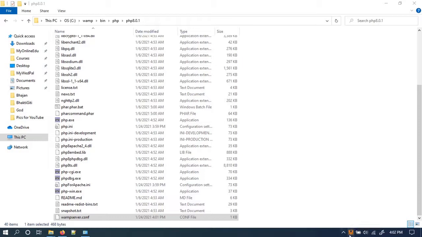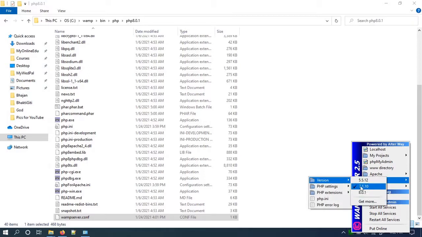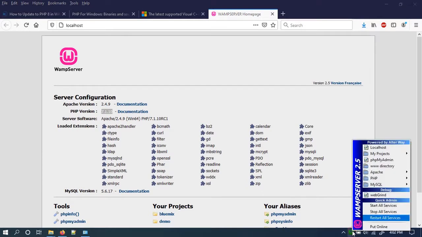It will turn orange and then green. Even though it is green, if you see, the PHP versions are available now. Though it is using 7.1.10, 8.0.1 is available now. So now I will not change anything. Okay, so let's go to localhost and see it's still 7.1.10 that PHP is using.